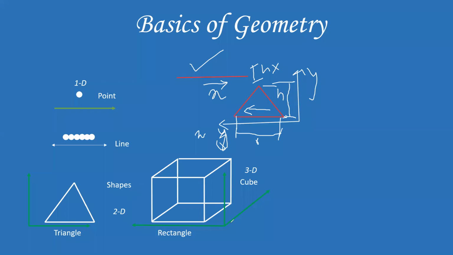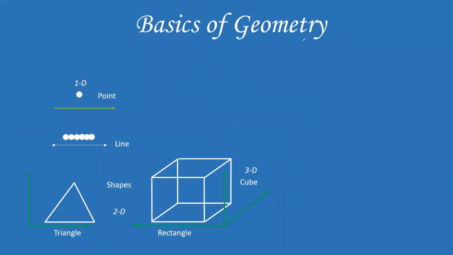And in the cube, if you look below here, it has height, like this, and it also has length, l, and it also has breadth, b. So that's why we say it is 3D. Understand? If you understood this, just type in the chat box here so that I can go ahead. Yes.